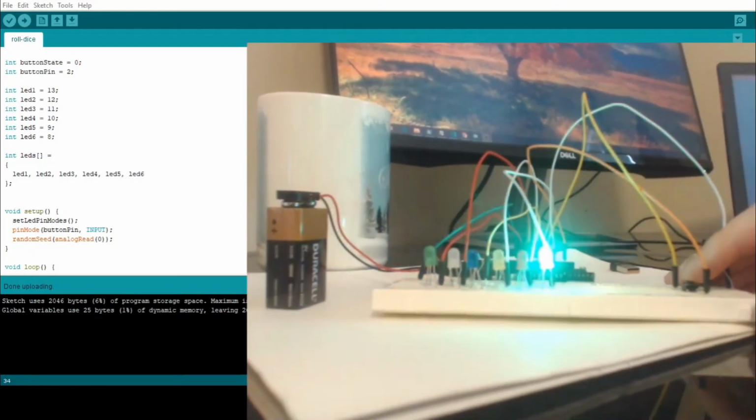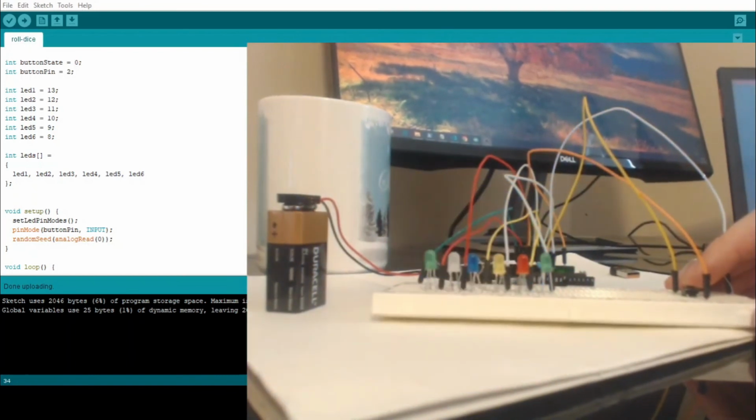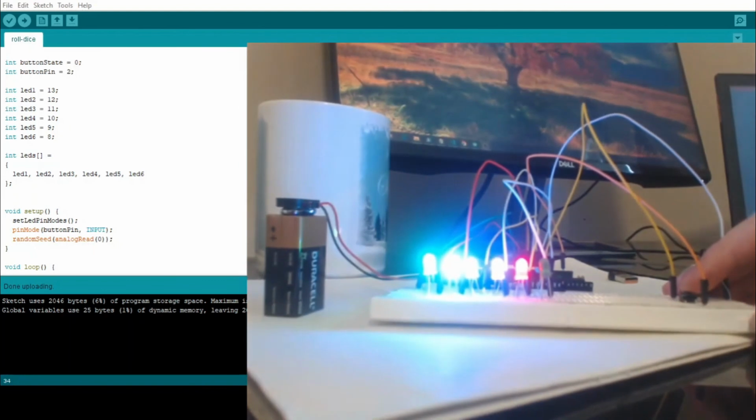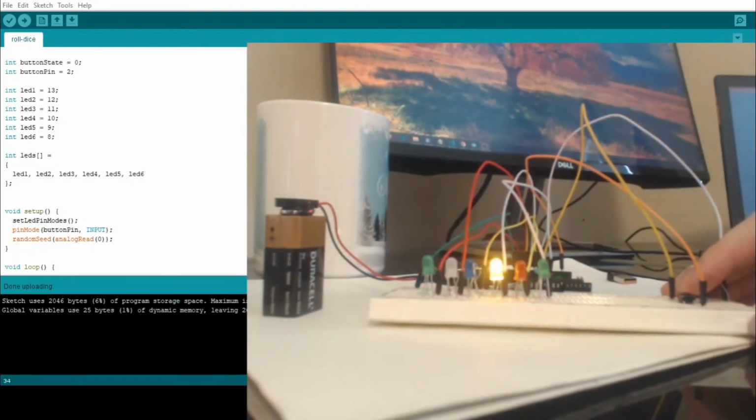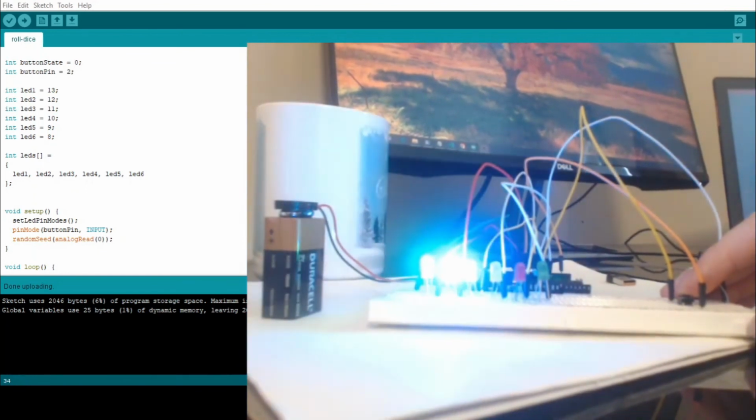Hey everyone, today we're going to be building this LED dice app with Arduino, right? So you need your 9-volt, an Arduino, and when you push the button, the LEDs light up from the first one to the sixth one, and then go back to the first one, right? That's the animation, and then it lights up X amount of LEDs between 1 and 6 based on the random